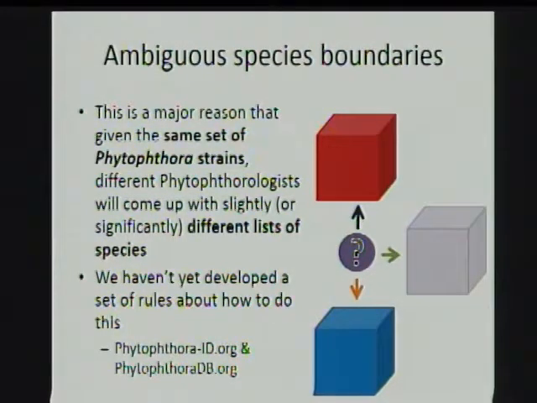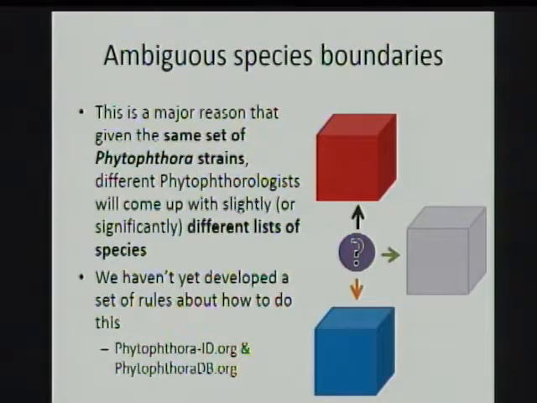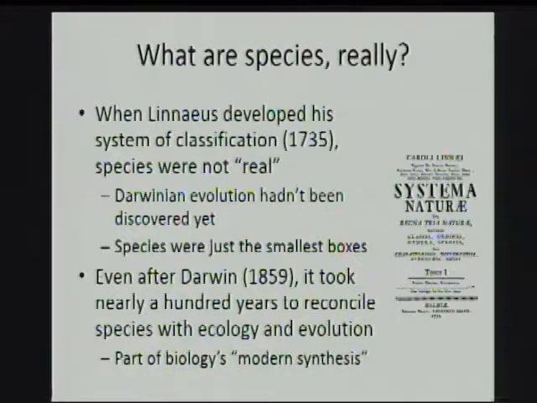And I'm like, oh, what are you talking about? This is supposed to be science. And we know, even those of us who do consider ourselves identification artists, we would like to automate this. And there are some tools that are beginning to do this, and where we can get some consistency. PhytophthoraID.org, PhytophthoraDB. But it's still a little bit difficult. Species are being described so quickly that even if you use the same database, if you look at the same results a year later, you might get quite different results from the exact same tool. So you can understand how this is difficult.